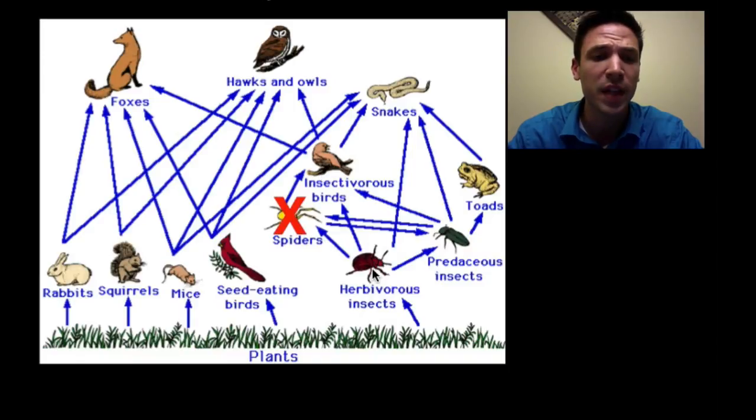How about the organisms that these spiders eat? The herbivorous insects are eaten by the spiders. If these spiders are not here to keep their population in check, we would expect their population to increase, because they have fewer things eating them. With more herbivorous insects, that means less grass, because their population is going to start eating all of the plants. That means less food for the birds, the mice, the squirrels, and the rabbits, and you can see that it's just this domino effect